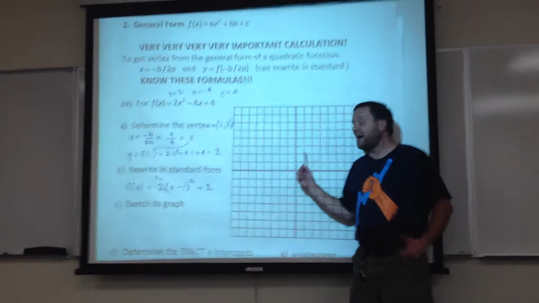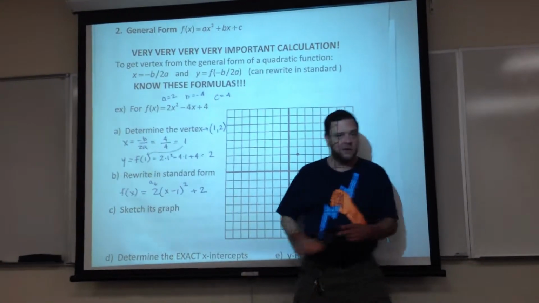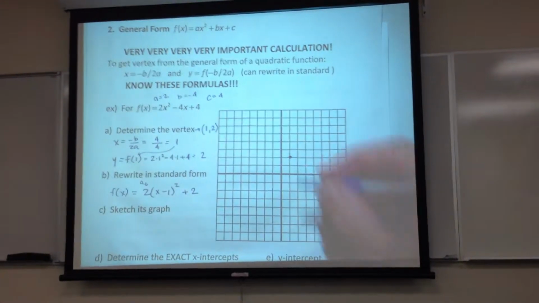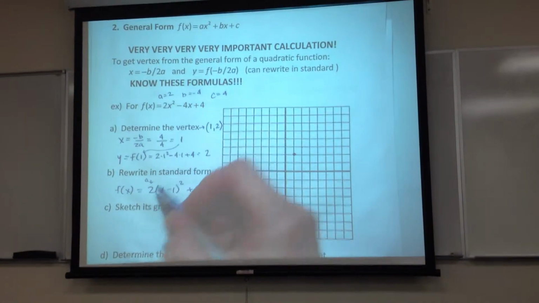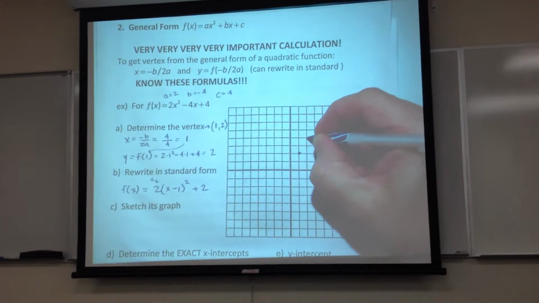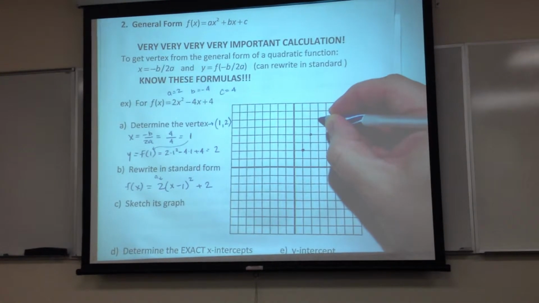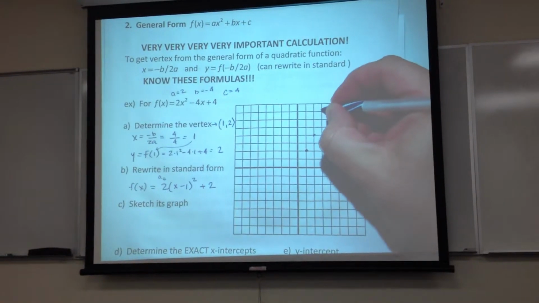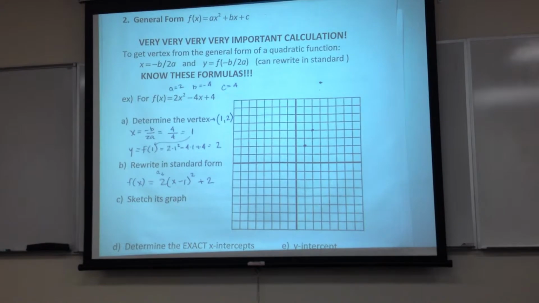So since I've got my vertex shifted, I've also got a stretch factor of 2 for this one. So if I go 1 click to the right, I usually go 1 click up. But again, that means to double your y value. So double your y value. 2 clicks to the right would go 4 clicks up usually, but I need to double that to 8. So I'm actually going off my grid right there a little bit, but that's roughly where it would